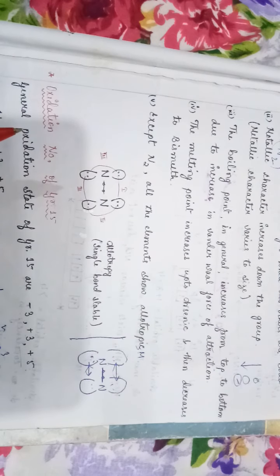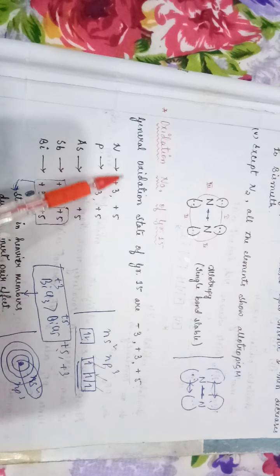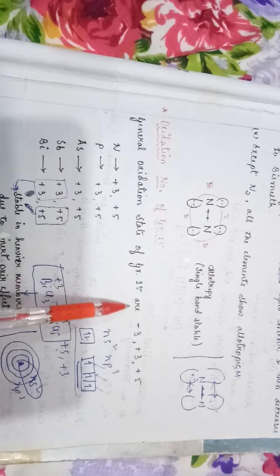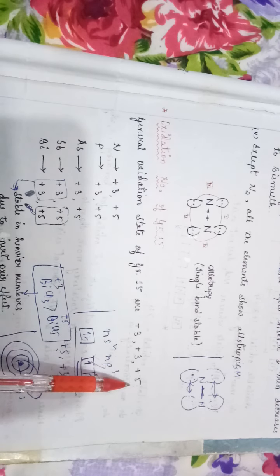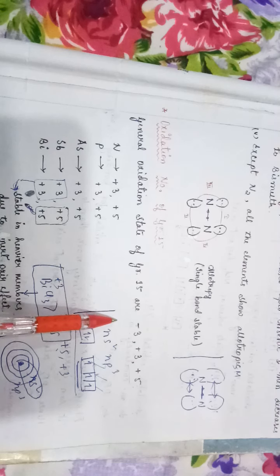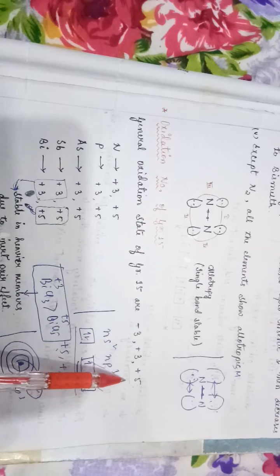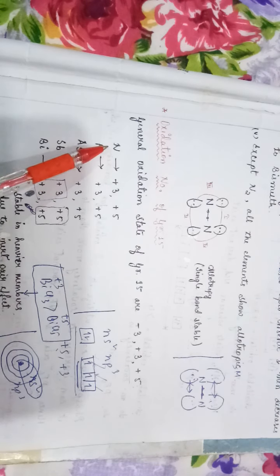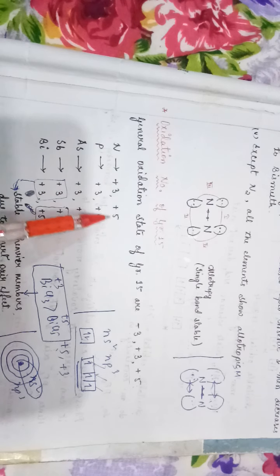Next, we have to read about the oxidation number of Group 15. The general oxidation states of Group 15 are -3, +3 and +5. So -3, +3, +5, these are the general oxidation numbers. Nitrogen has +3 and +5 oxidation numbers, phosphorus +3 and +5, all of them +3 and +5. Remember that +3